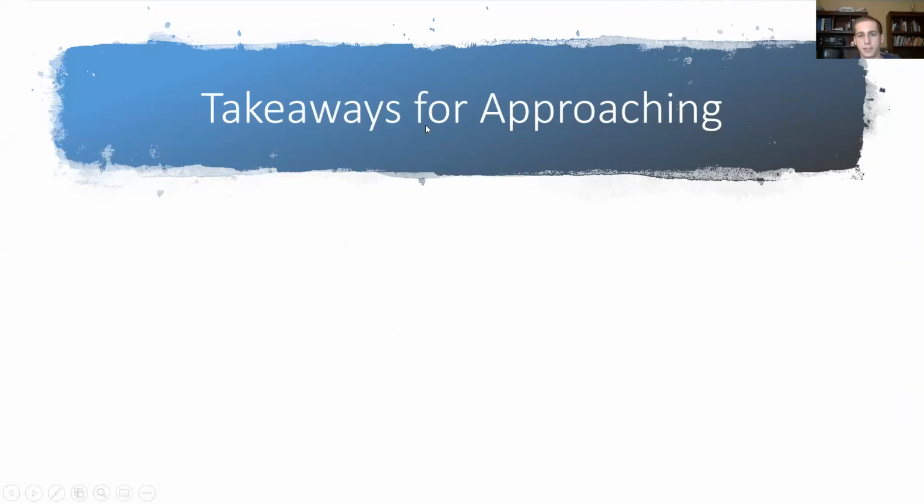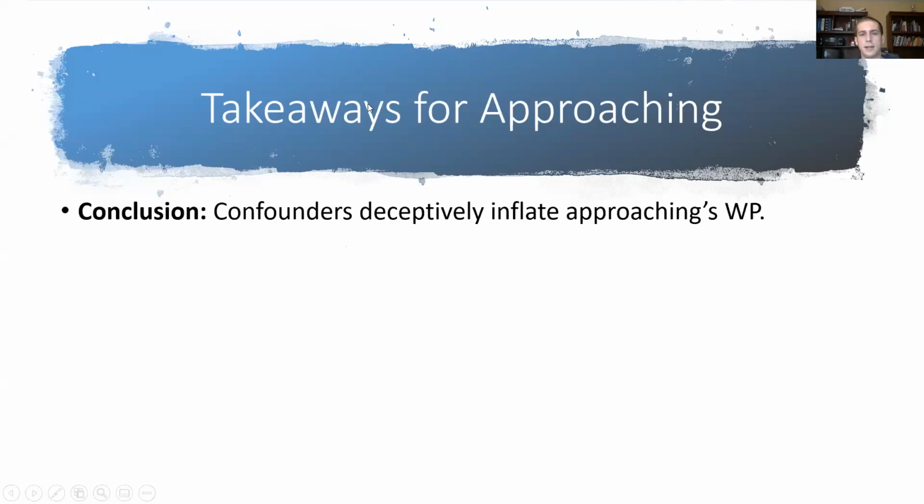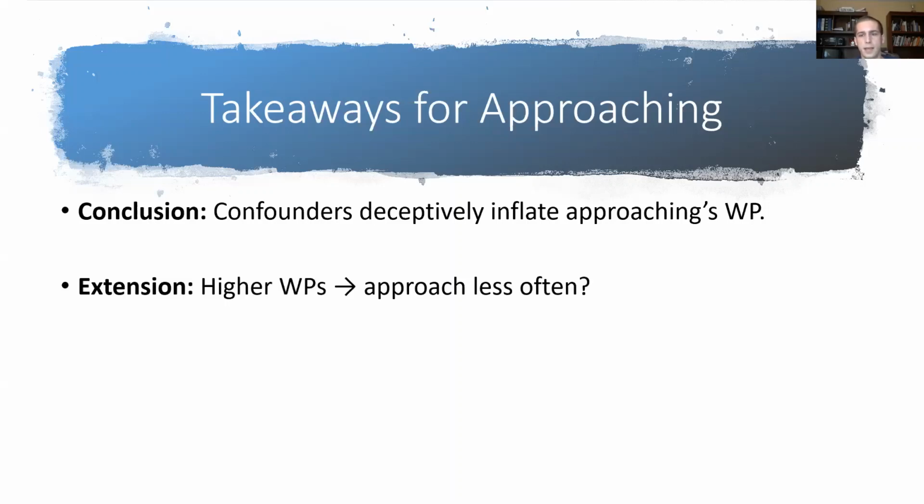So, some takeaways from this section of the webinar, involving approaching the net. First of all, confounders deceptively inflate the win probability that players have when they approach the net. You can see that in the numbers. That is in fact what's going on. And as a result, if you generalize this, it was not the case in this match, but in theory, you could have a match where a player has a higher win probability at net and yet should approach less often. If you remember that hypothetical scenario with Djokovic, with the 4 returns,